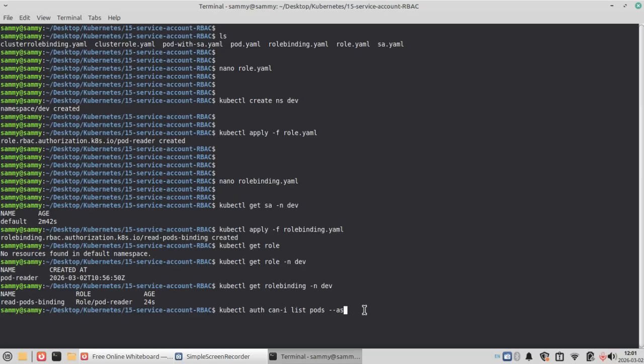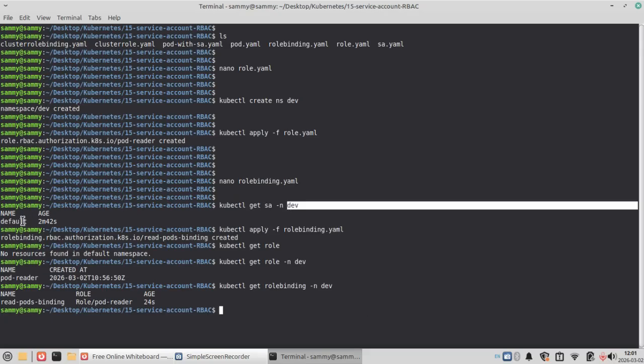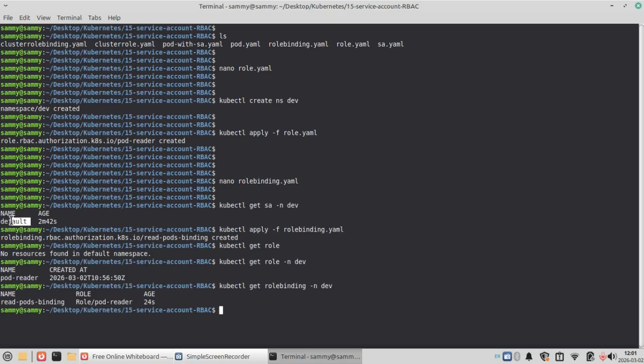Please hold on. Before we do this, the namespace, sorry, please. The development namespace has just one default service account. All right, so let us create a service account called